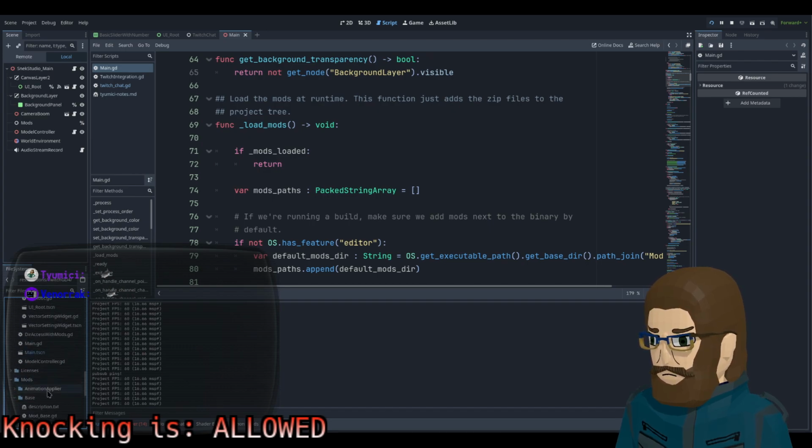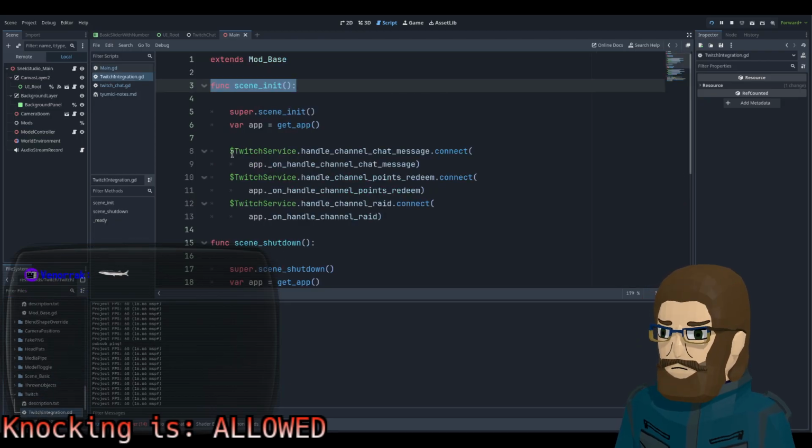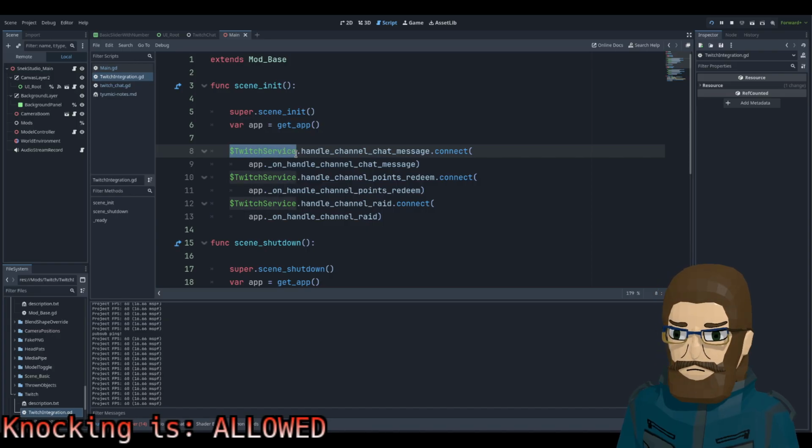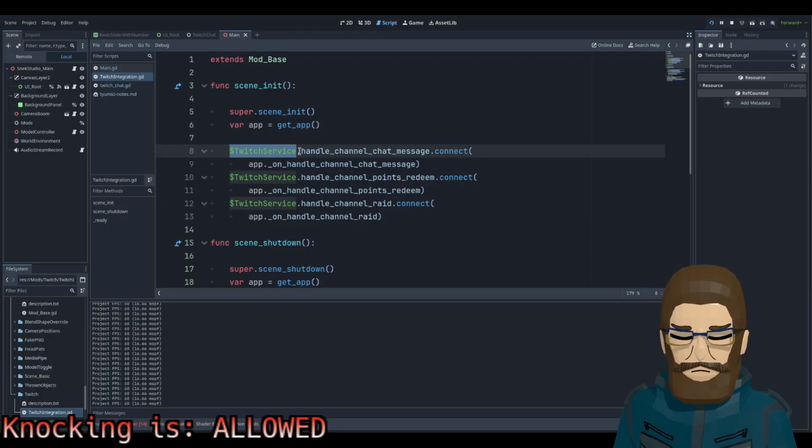Oh God, where was it? So many menus. You come here... If you use a dollar sign, what does this mean necessarily in the context of Godot? I was thinking it meant global, but that's probably not right. I don't actually know.